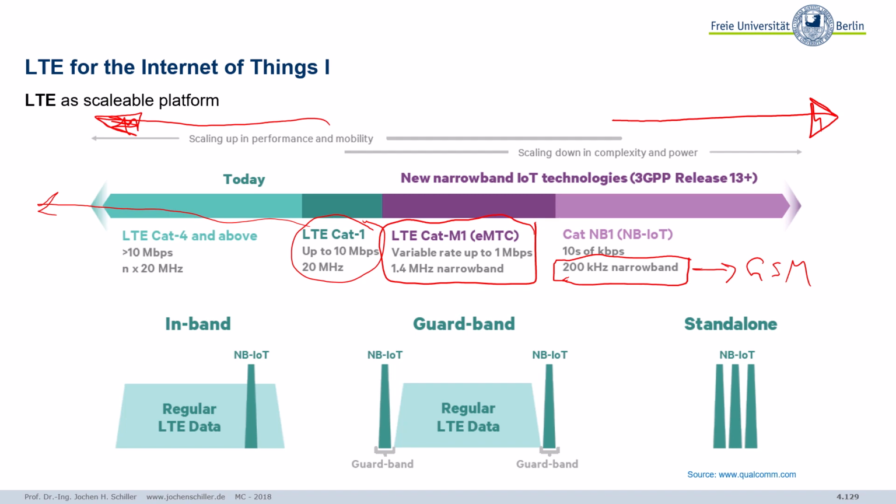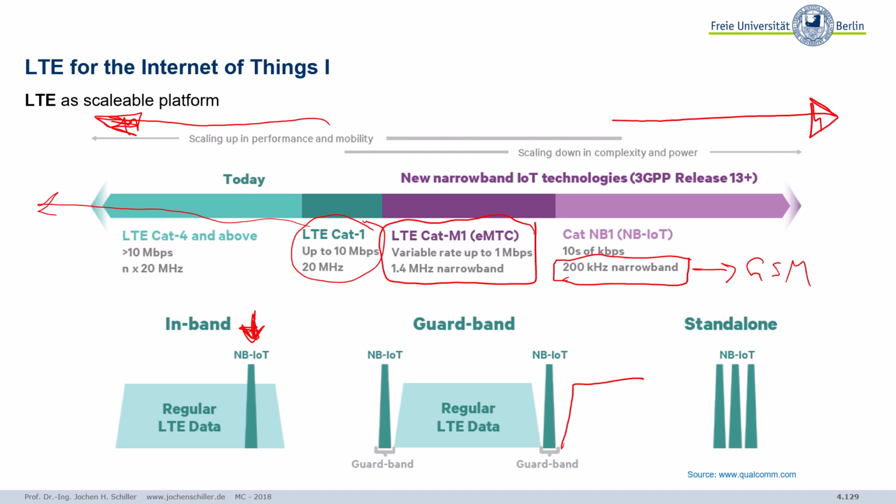So how can you now implement narrowband IoT? Well, we can squeeze it, that's called in-band. We can squeeze it in our regular broadband LTE spectrum. So we can squeeze it into the 20 megahertz band. So 20 megahertz, that's quite a lot. We need only 200 kilohertz out of this. Or if we have different LTE operators, we can squeeze it into the so-called guard bands between the 20 megahertz bands. So that's where we can squeeze it in.